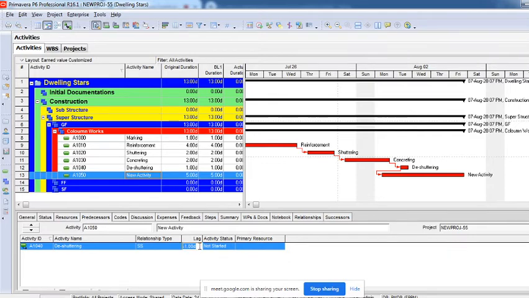Okay, and if I just give 1, you can see it is increasing the duration, and in the summary it is showing you the total duration for these activities. It is taking 15 days to finish this, right? So this is how it can be done. This is the way we can do scheduling here.